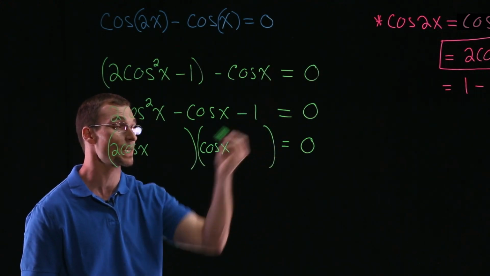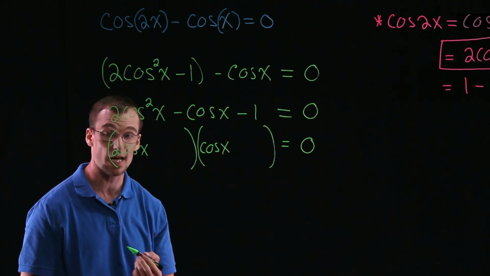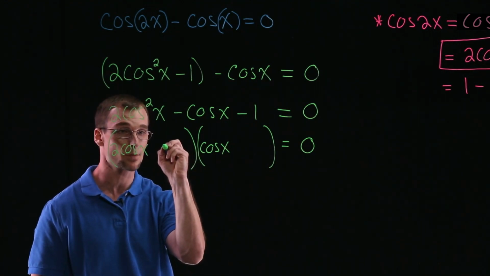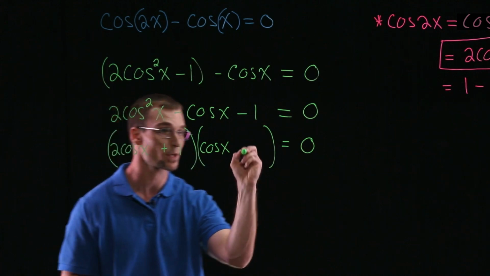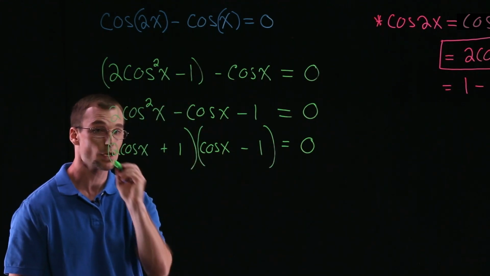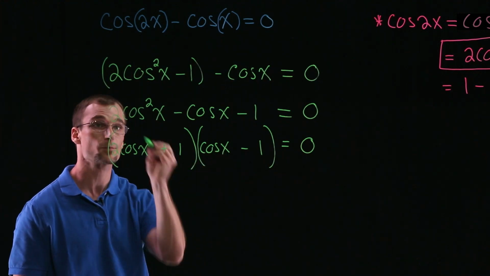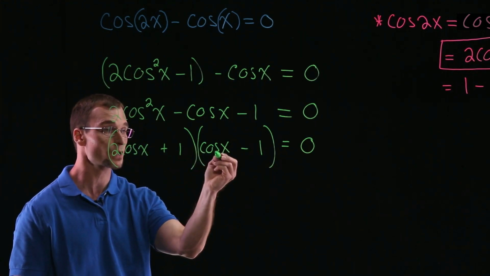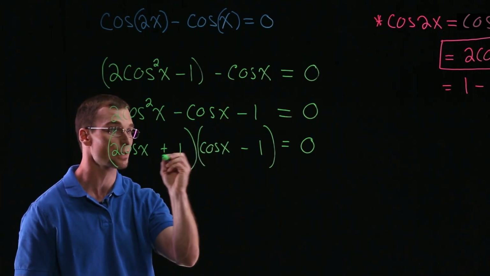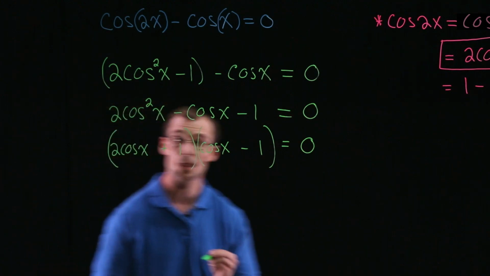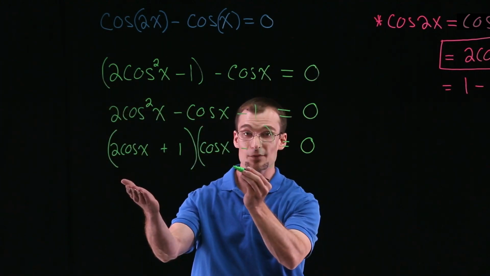And we look at our constant term, negative 1 on the end, look at factors of that, positive 1 and negative 1, and do our kind of guess and check method. But I think if we put positive 1 here and negative 1 there, and double check our multiplication, 2 cosine x times cosine gives us 2 cosine squared, minus 2 cosine plus cosine would give us a minus cosine, and positive 1 and negative 1, negative 1. So I think we're okay. So like we said, now we have the left-hand side factored,